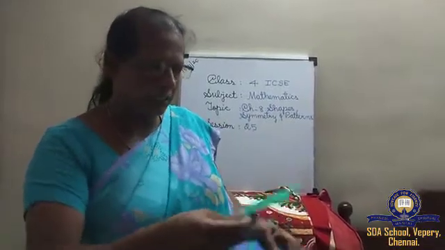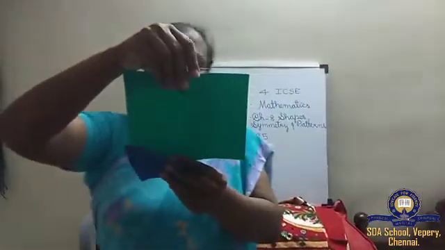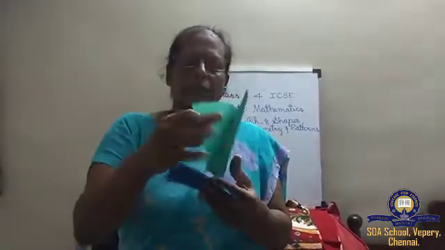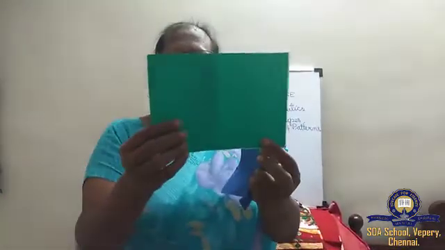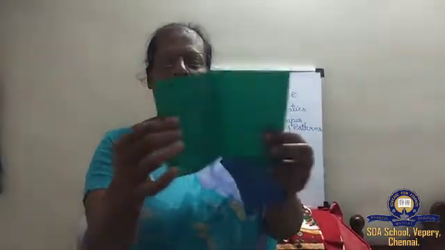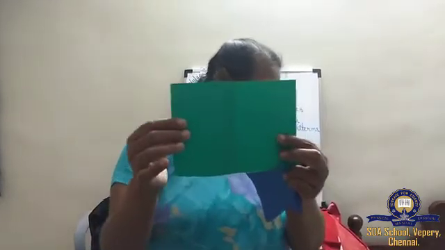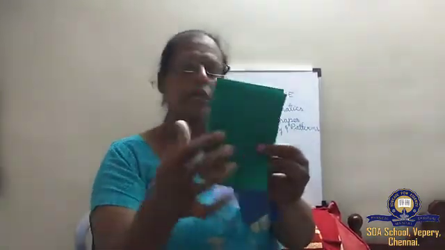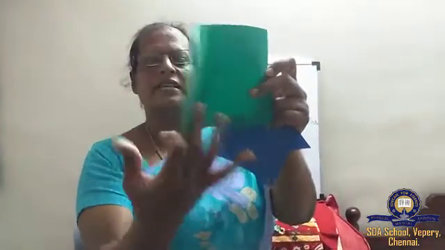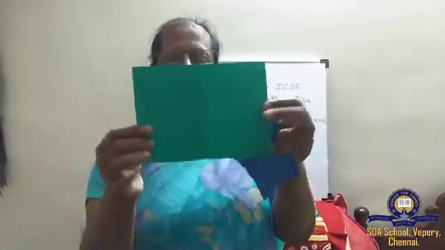Symmetry means what? See, if a rectangle is like this, if you fold like this, you can have a dividing line in the middle. Can you see this, children? This is called symmetry. See, it has been divided equally, isn't it, children? The two halves should completely overlap. The two halves should be the same. And this middle center is called symmetry. This is rectangle.